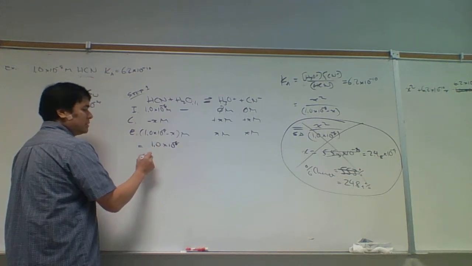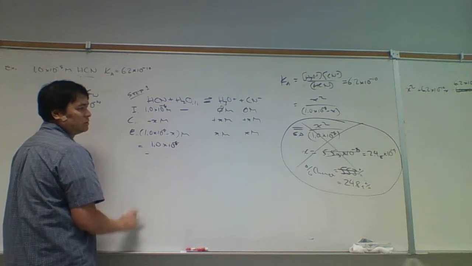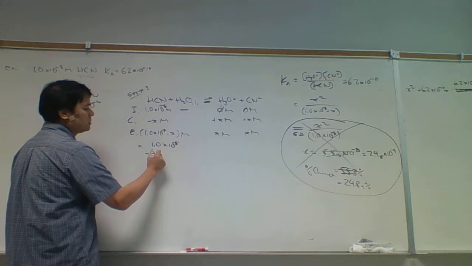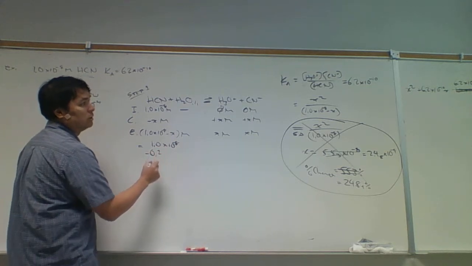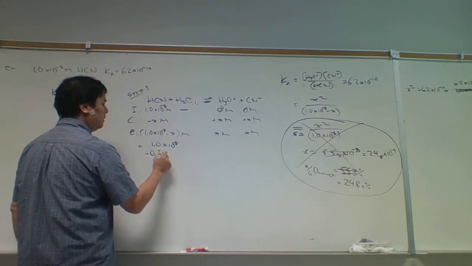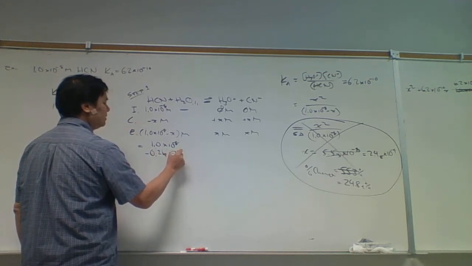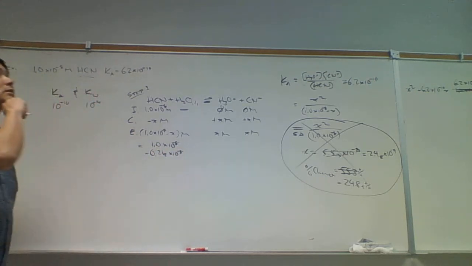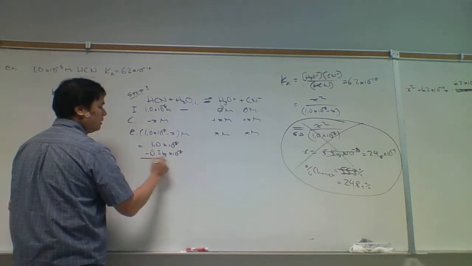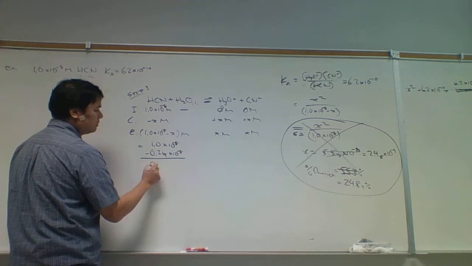It's going to be minus 2.19 times 10 to the minus 9. And so I'm going to convert that. I'm going to change it to 0.219 times 10 to the minus 8. Is that right? Make this number bigger, I'm going to make the quotient smaller. That's right. And so this is going to give me